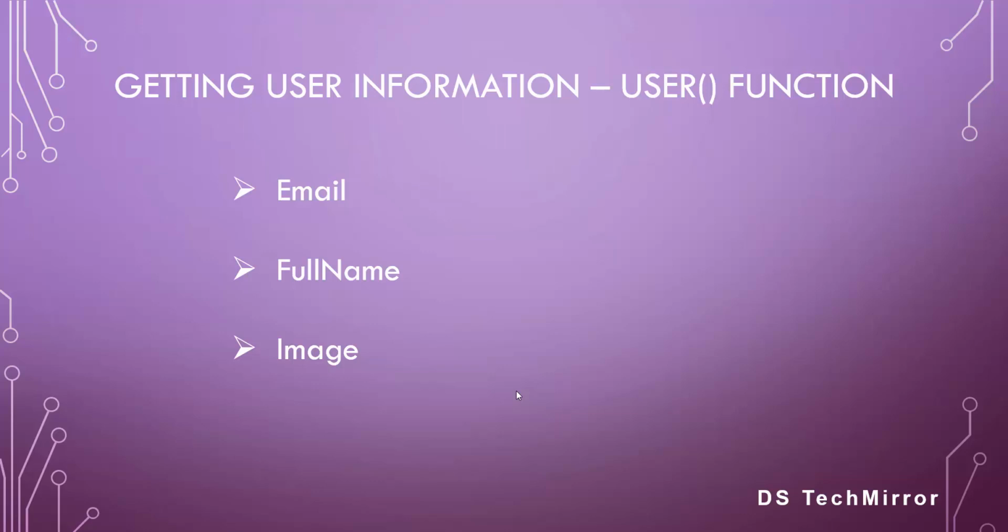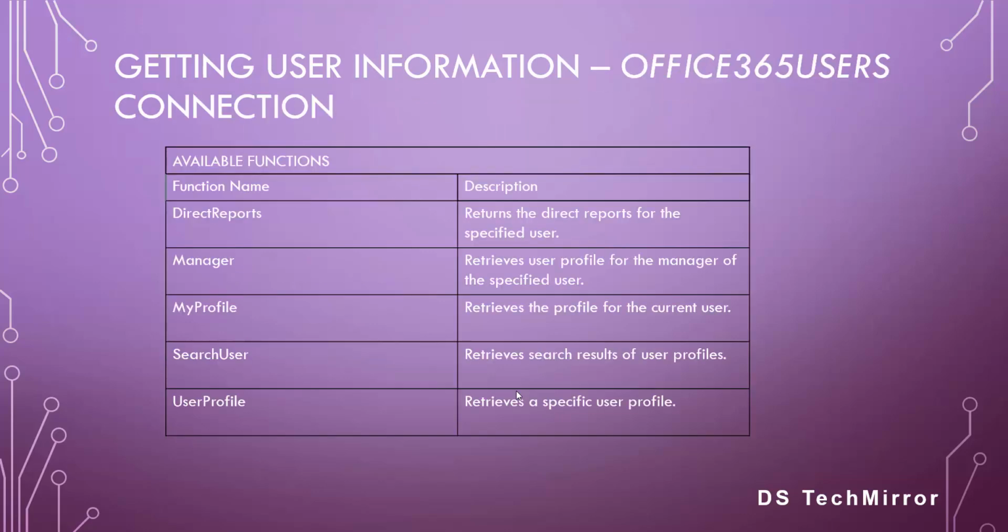But in order to fetch quite a lot more information apart from these three, we have to use a special connection called the Office 365 Users connection. The Office 365 Users connection provides us with the available functions using which we can fetch the user properties of the currently logged in user or any other user for which the user properties are to be retrieved. The available functions are direct reports, manager, my profile,